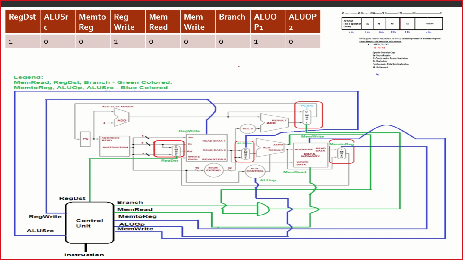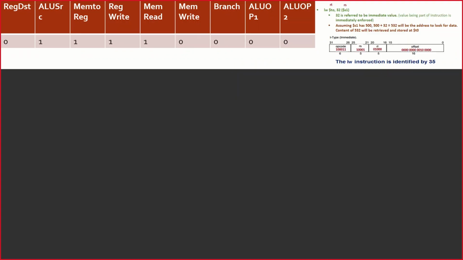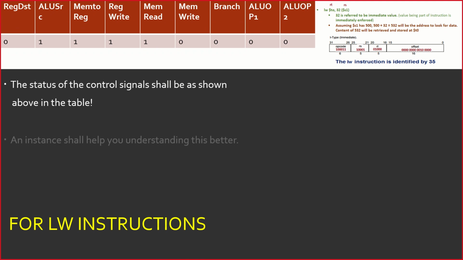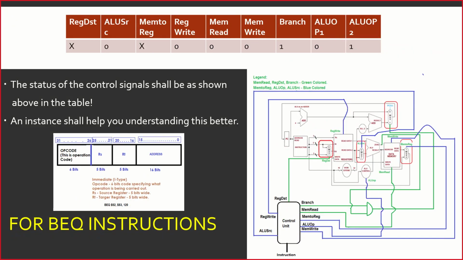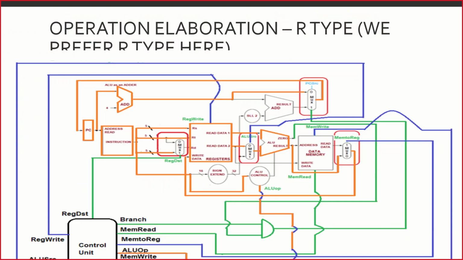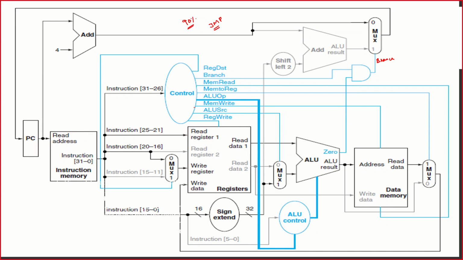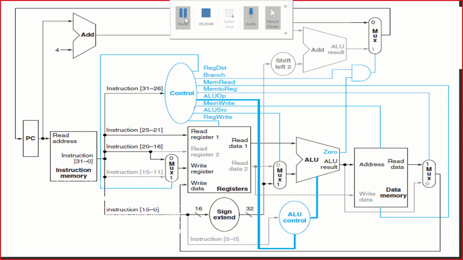Once jump is included, trace the path for add, load word, store word, BEQ and jump, and I want you to update all these for all of them. This is an assignment and this should have just 5 pages. The first page add, the second page load, third page store, fourth page BEQ and the fifth page jump. That's all. Is it clear till now? Any queries? If you have any queries, you can stop me right now because I'm going to the next topic.